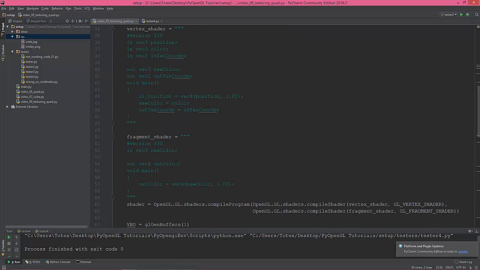So the vertex shader is okay, and in the fragment shader